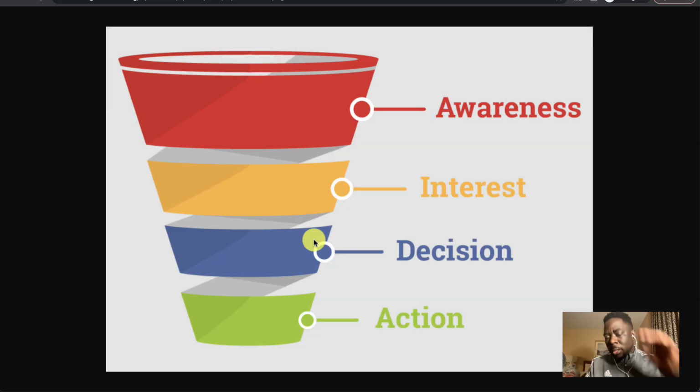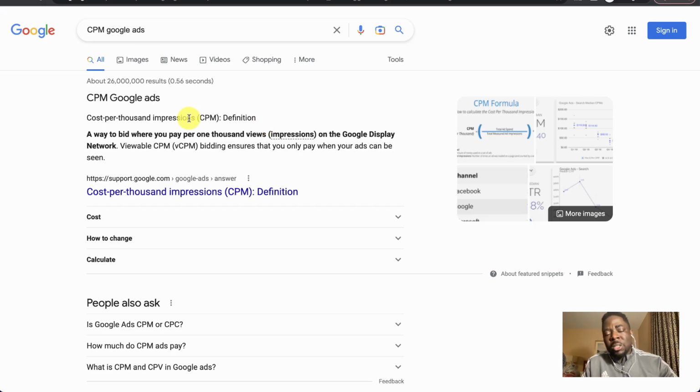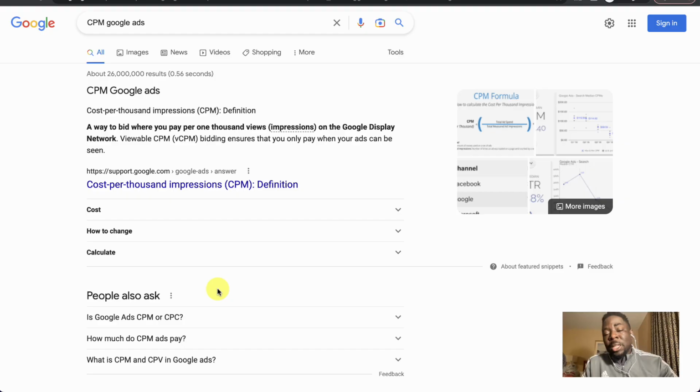All right, if you look at this image right here, the awareness area is where people become aware of who you are. But before your funnel starts, people are searching online. They're searching for certain terminologies and stuff like that. So if they're still searching for CPM, they're looking for the definition of something, that doesn't sound like a buyer. Now, you can still advertise here, and they may say, oh, interesting, but